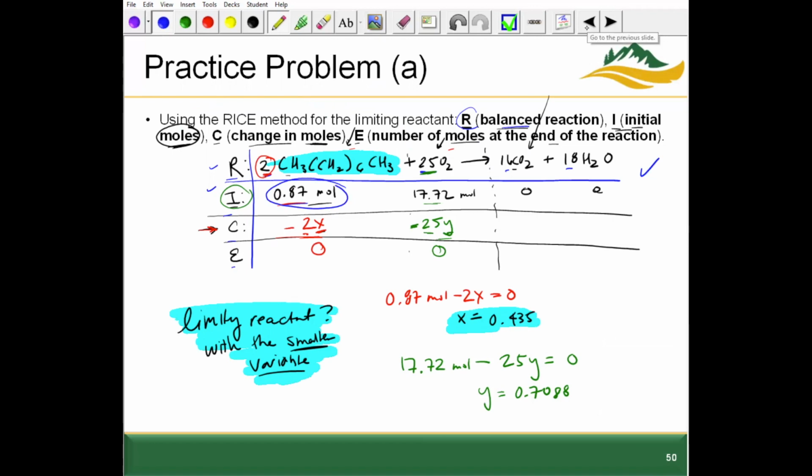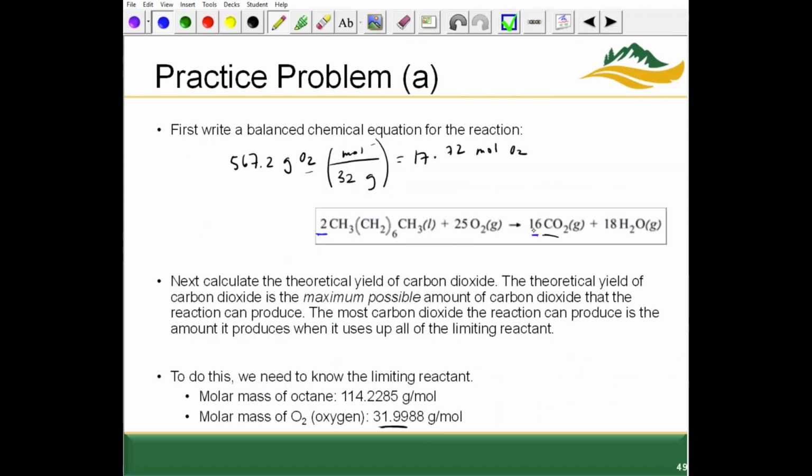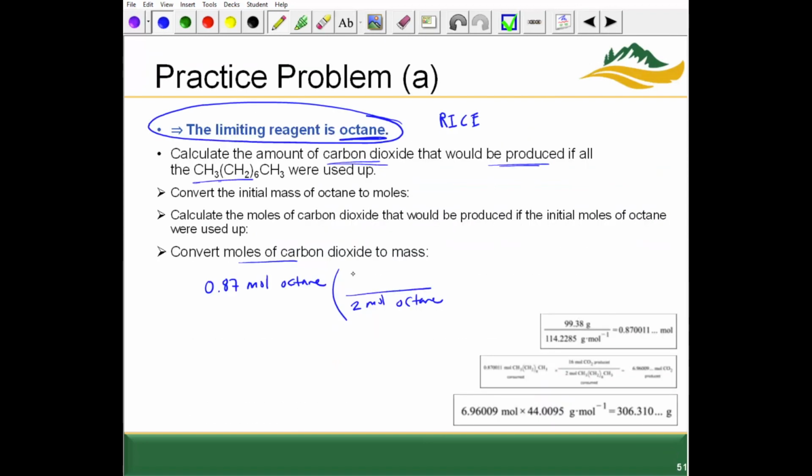The mole-to-mole ratio of octane to CO2 is for every 2 moles of octane, there's 16 moles of CO2. Okay, so 2 and 16. So for every 2 moles of octane, 16 moles of CO2. Moles of octane cancels out, just moles of CO2. So then we get 6.96 moles of CO2 that can be produced from starting with this many moles of octane,